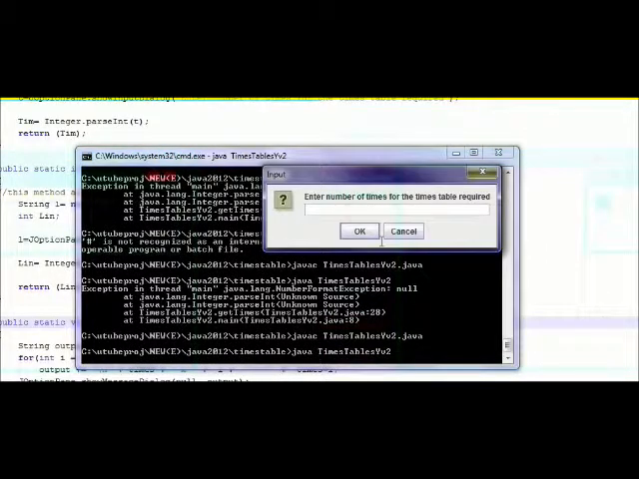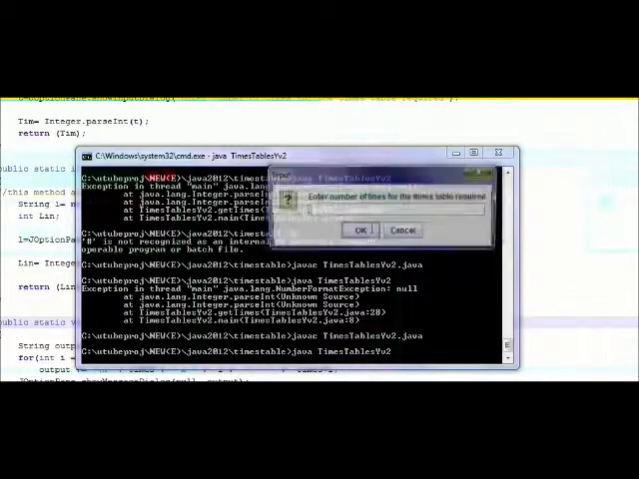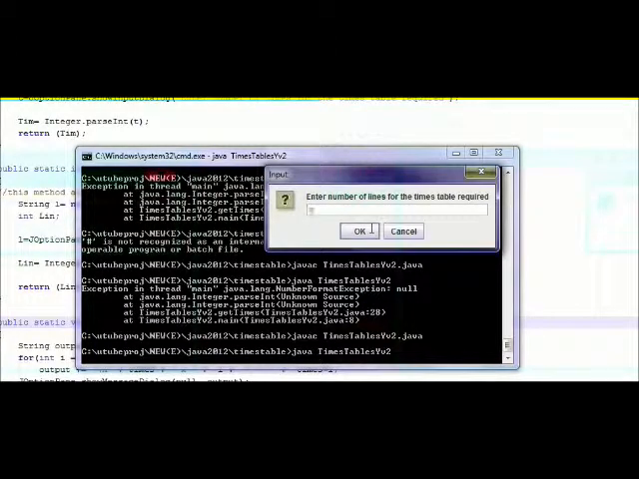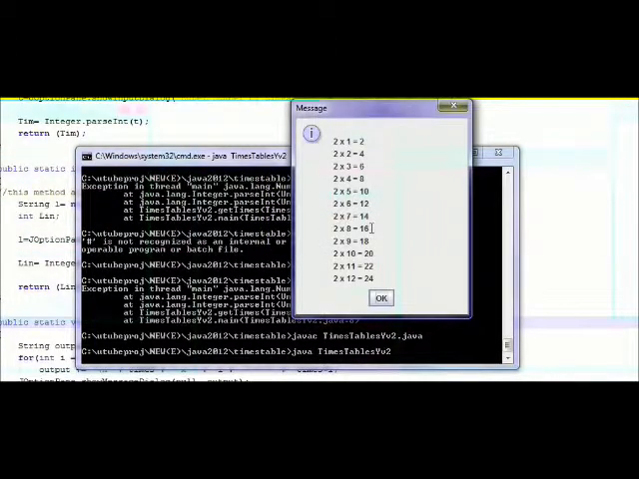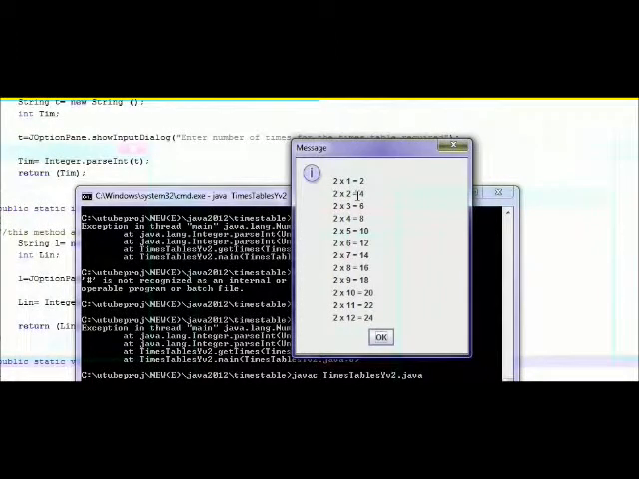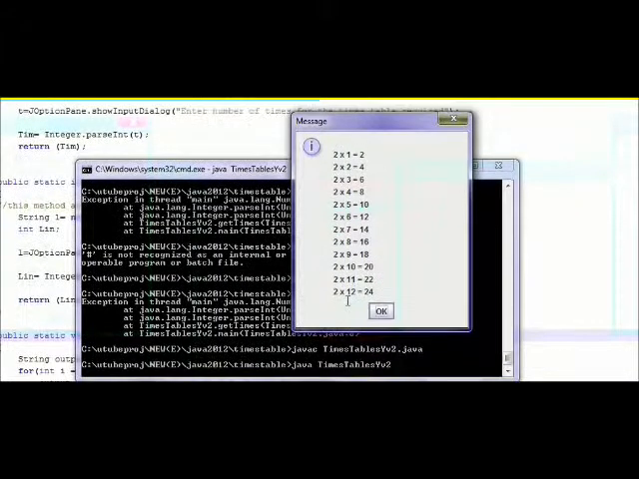Okay, so I'm going to enter 2, then I'm going to enter 12, and as you can see, it works out. I used the for loop to work it out for me. So it's 2 times 1 is 2, 2 times 2 is 4, and then all the way down to 2